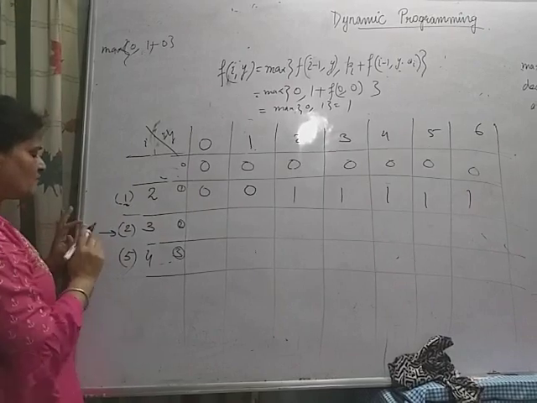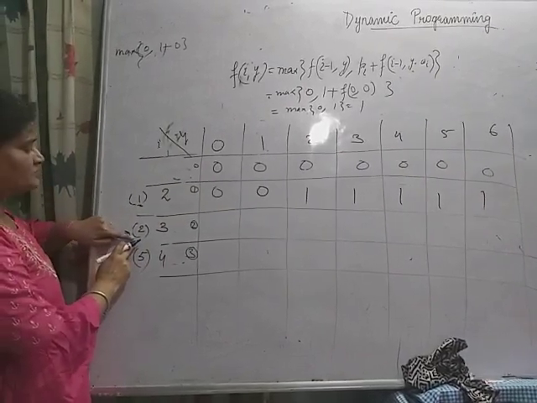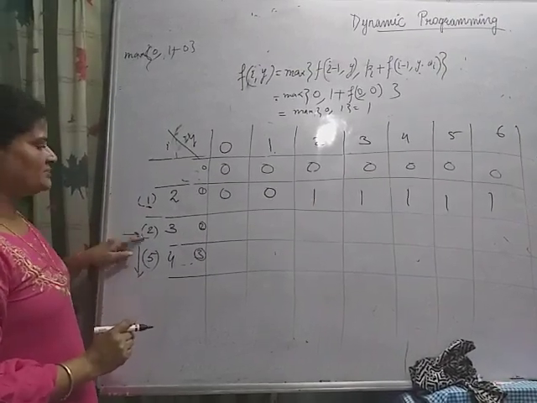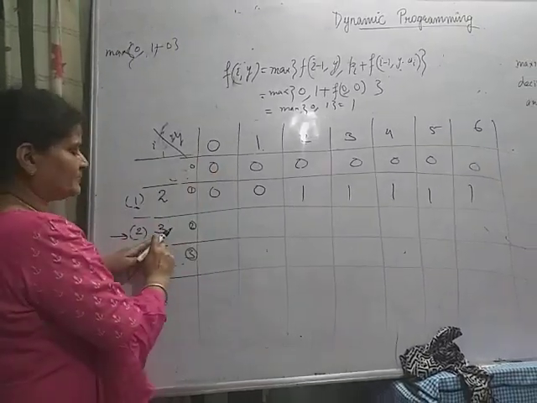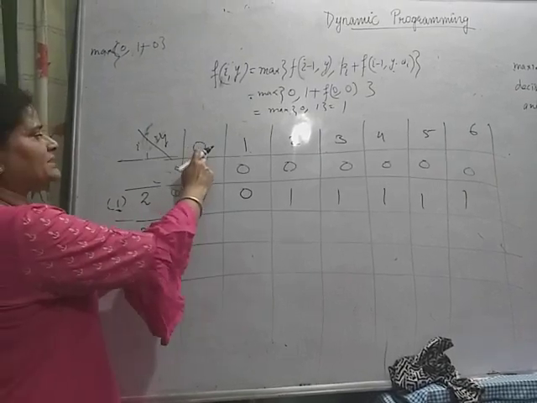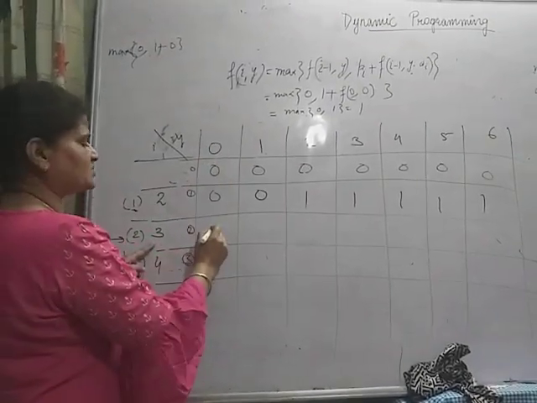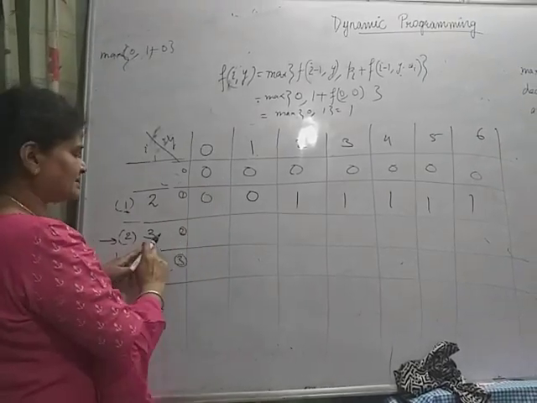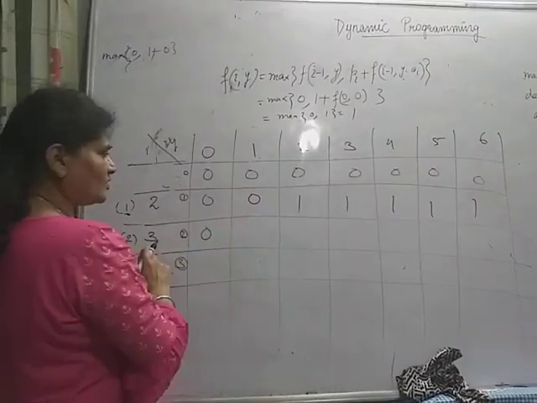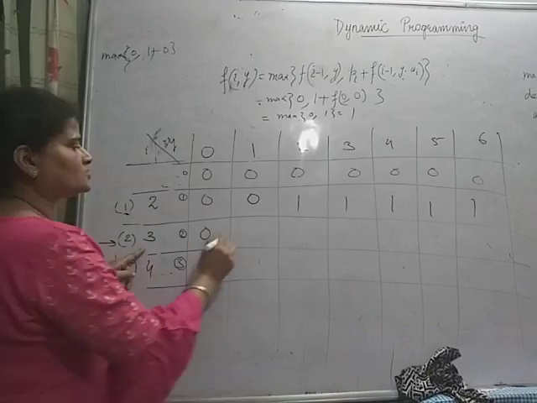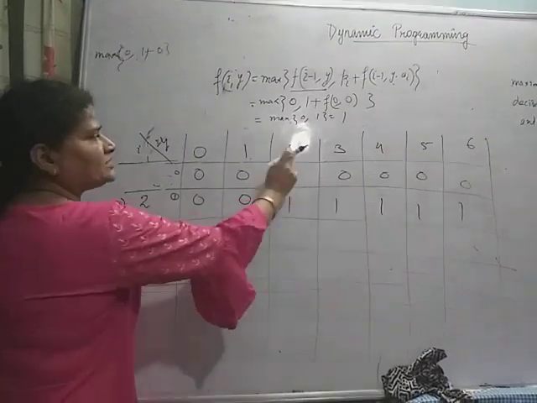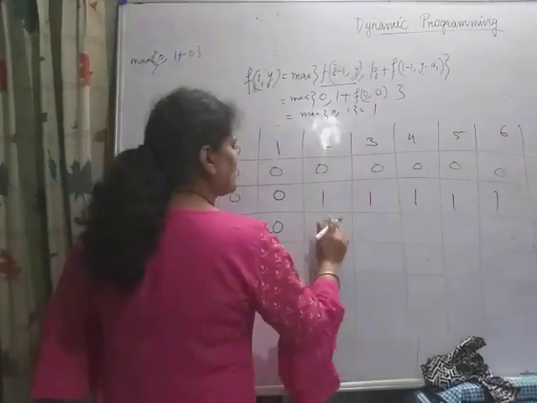So when you are at the ith row, then you have to see only the upper rows. Forget about all the rows below it. Okay. So now I am taking this one. So third weight. Now here the weight of the second object is 3. But here the capacity is 0, so this is not accommodated, so the previous value will be copied as the second weight is excluded. So the previous entry will be copied. Here this cannot be included. Capacity is 1. So again the previous value is to be copied, this one. Okay. Now here this is not accommodated, this is 1, previous value.